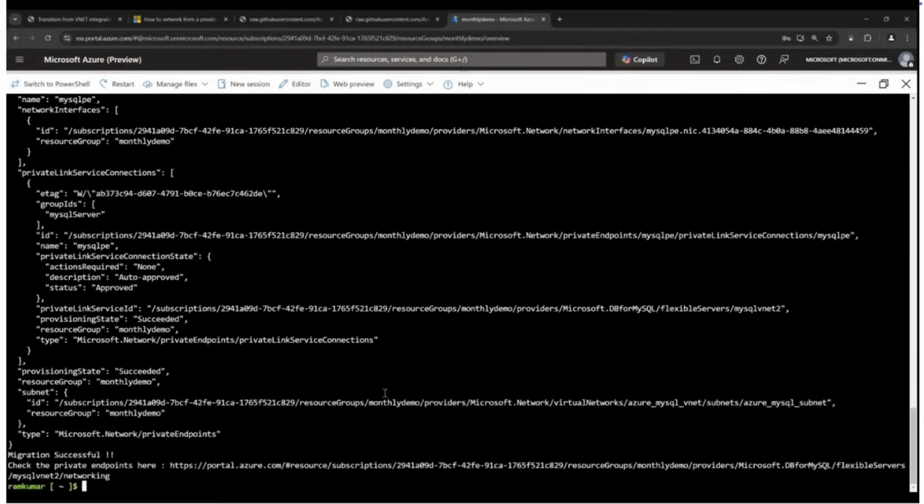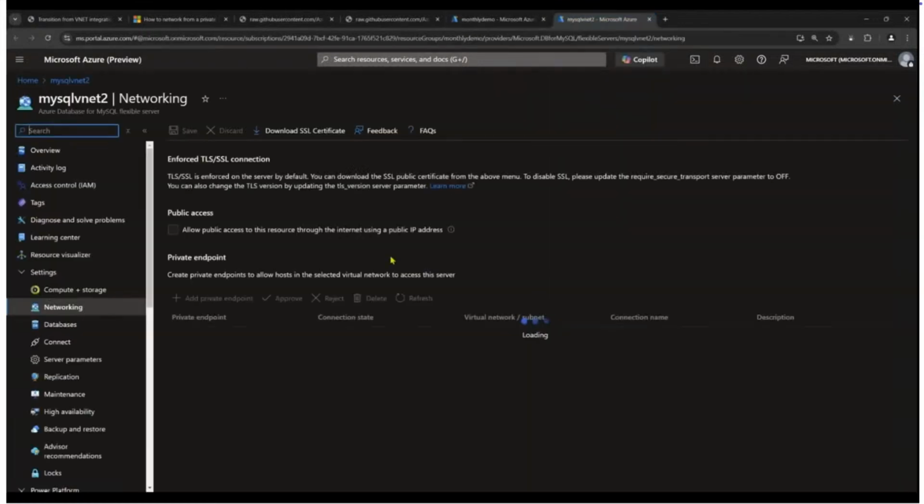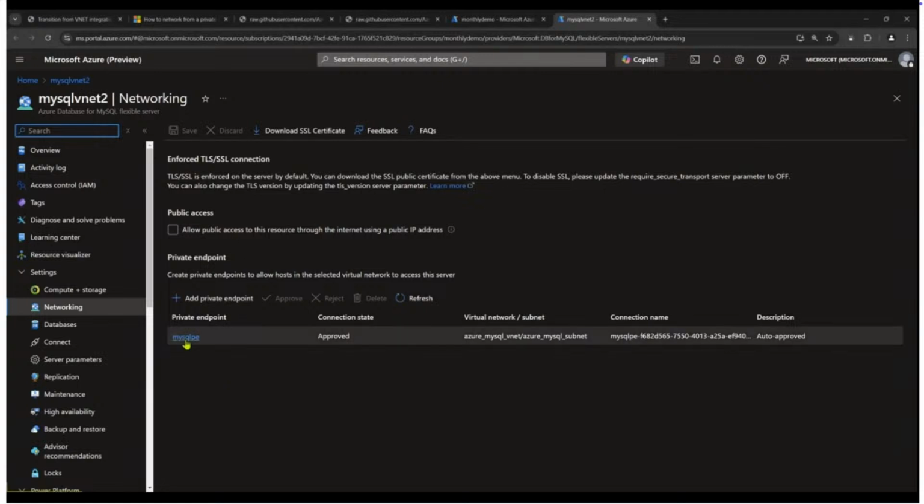Right now it's creating. Yeah, the private endpoint creation is successful. And you can check the list of private endpoints in the networking blade at the end of the script. Yes, you can see the private endpoint that we created, MySQL PE here, and you can connect using the private